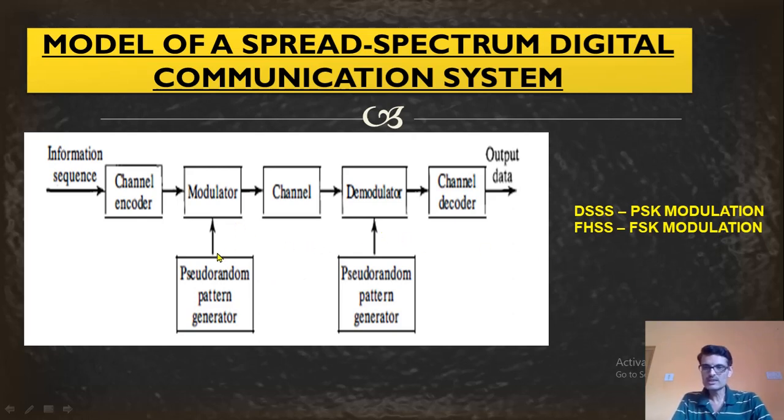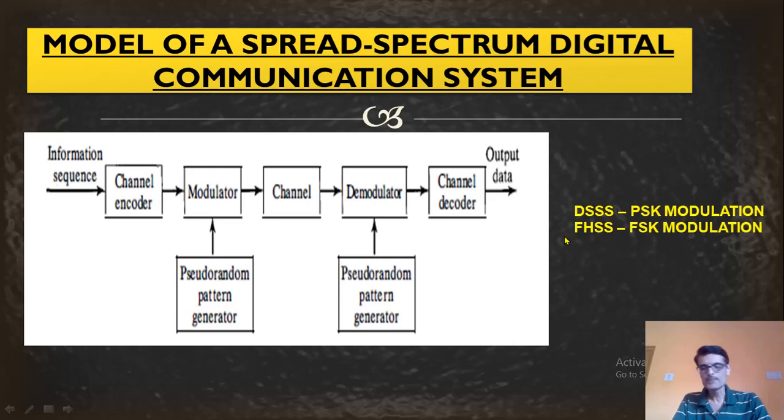Now in this case, say I am using a PSK modulator over here. What exactly happens is, depending on the PN pattern, the pseudo-random pattern, the phase of the carrier is changed according to the PN value, the output of the pseudo-random pattern generator. So pseudo-randomly you are going to change the phase of the signal. The phase is not fixed. It is going to change according to the PN pattern. That is called the DSSS method. In DSSS, we change the phase of the carrier signal proportional to the PN pattern.